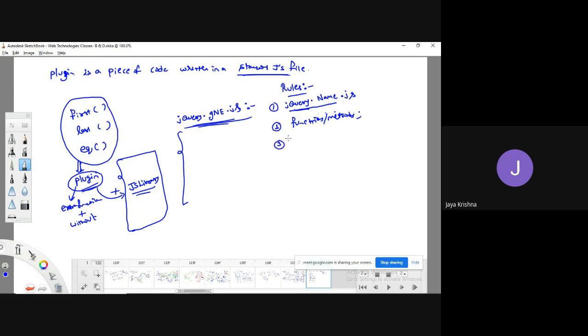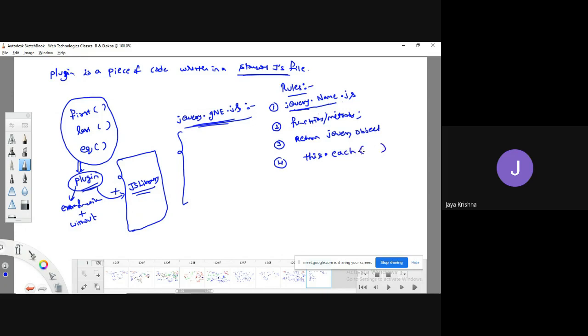One more thing: all these methods or functions must return a jQuery object. It is not compulsory, but it is recommended to return a jQuery object. And one more important thing: we have to always use the each method.